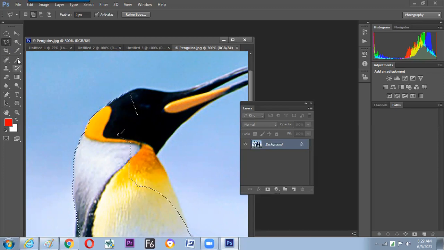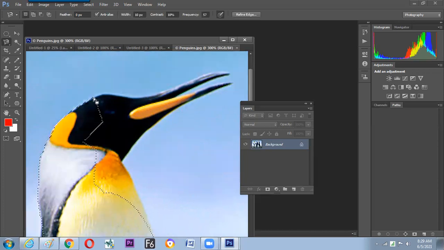Yes, sir. Fine. So inside that, there is another tool called the magnetic lasso. This magnet will behave just like a magnet. Whenever we click on any particular color, it will recognize that color and create the point automatically. If the software cannot recognize it because there is no color difference, then we can hold the Alt button and switch to the polygon immediately. And if you feel color contrast is there, then again move on the edge by releasing the Alt button, and again it does its own job.